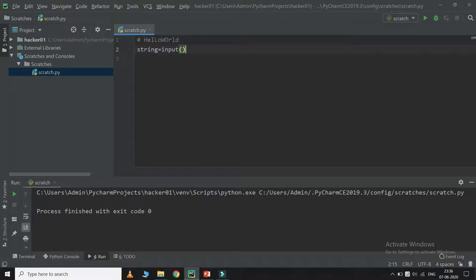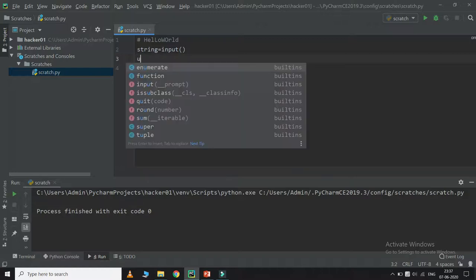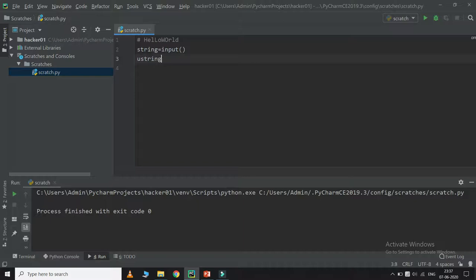After I get this string hello world, I'm going to make a list which will be sorted and uppercase. So we will be doing this. I'll just say upper string list.